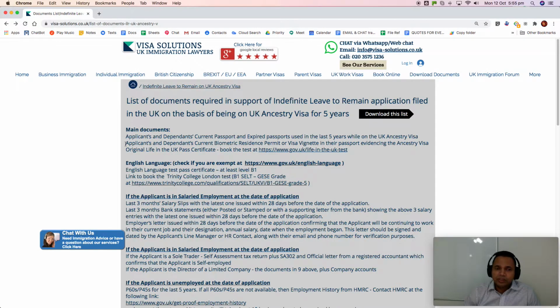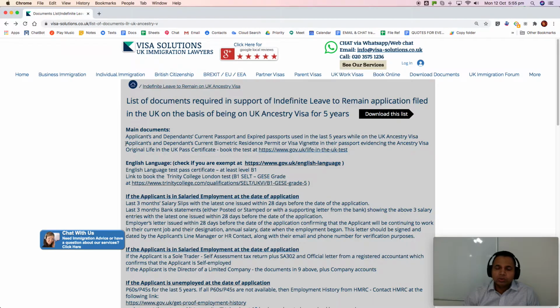However, the date of application is the date you make the online payment of the Home Office fees. Let's say you book an appointment about 2 weeks from then. From the date of application till the date of appointment, you can travel in and out.